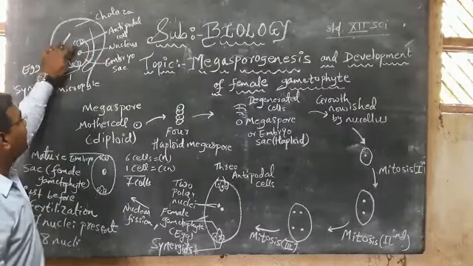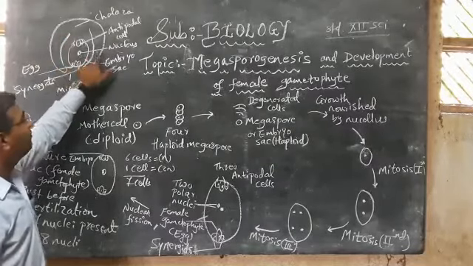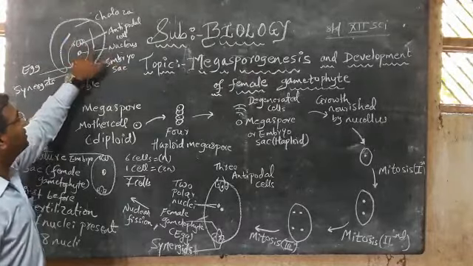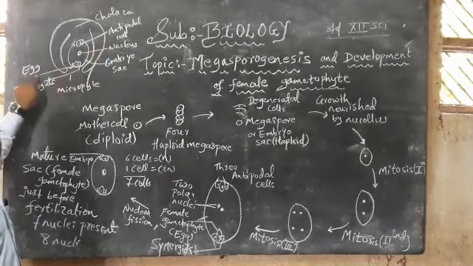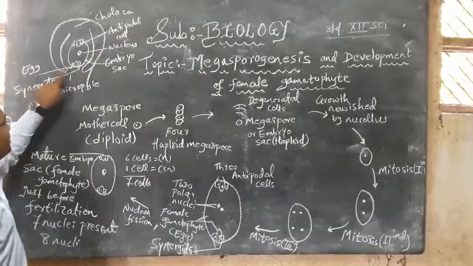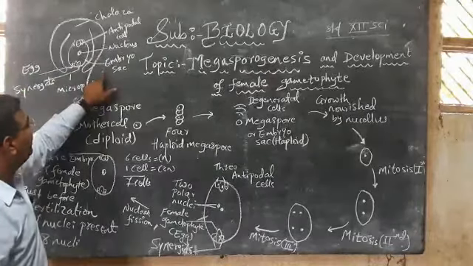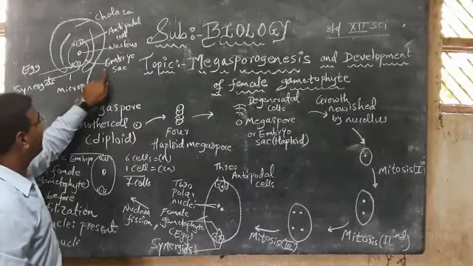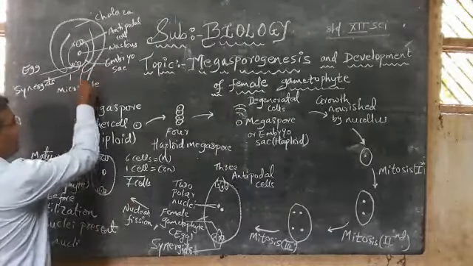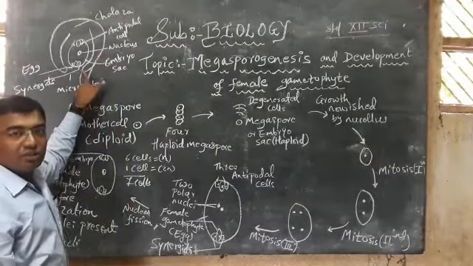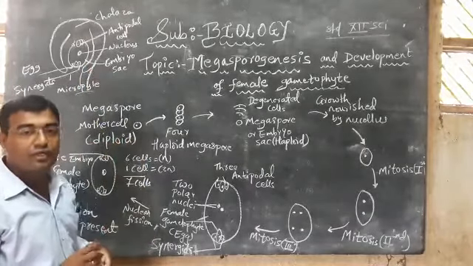Inside we can see there are 6 cell structures, 3 on both sides, polar cells, and in between one nucleus is there. The upper cells are known as antipodal cells, and the lower cells include the central, bigger one, which is the egg cell, and the supporting cells, which are synergids. On this side we can see the covering is the embryo sac, and inside the nucleus is there. It is attached to the placenta. Placenta is here, and the joint between the placenta and the upper part is connected with the funicle.